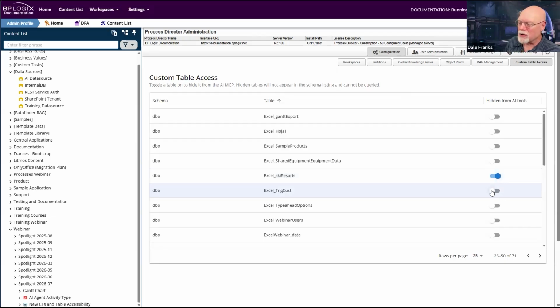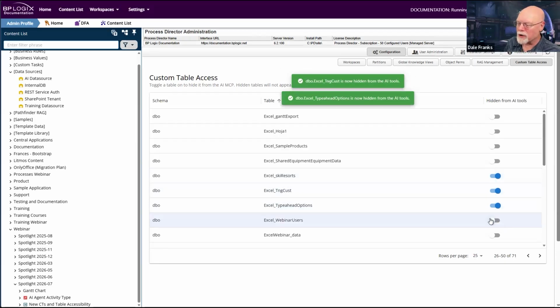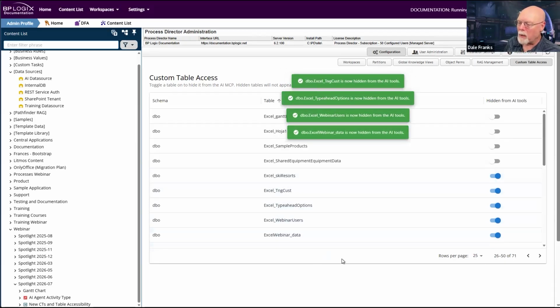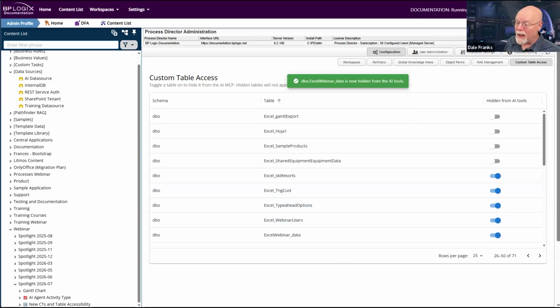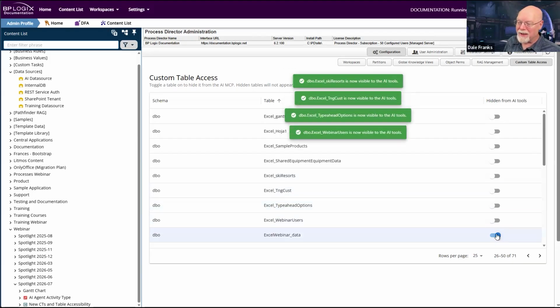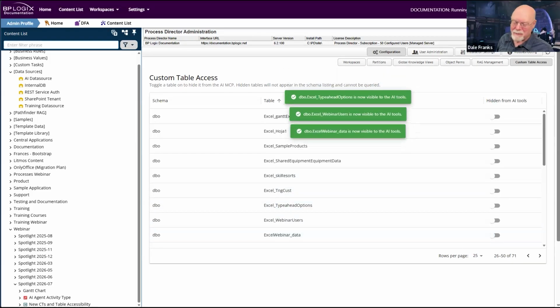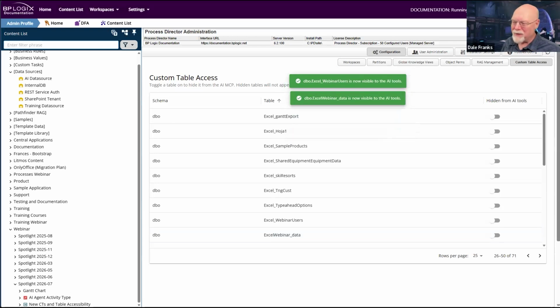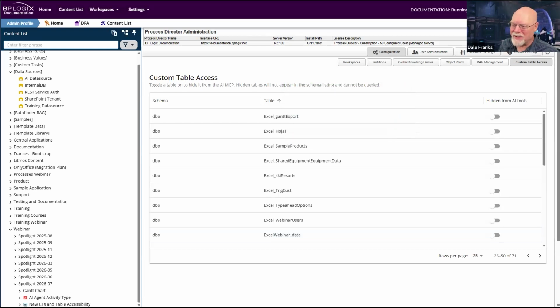And I can just shut off access to whatever tables I want, and the AI simply won't be able to look at them. That's all you have to do, is turn that access on or off. Do note that whenever you turn it on or off, you will get these little notification banners that pop up that tell you, hey, you've given the system access to this, or you have denied the system access to this. But those are the new AI features that we've added.